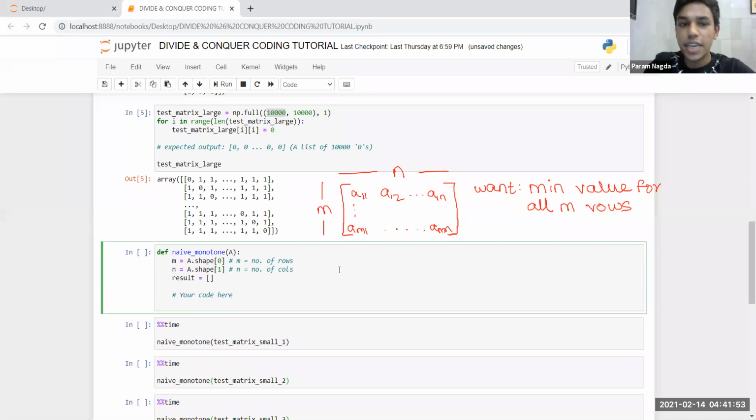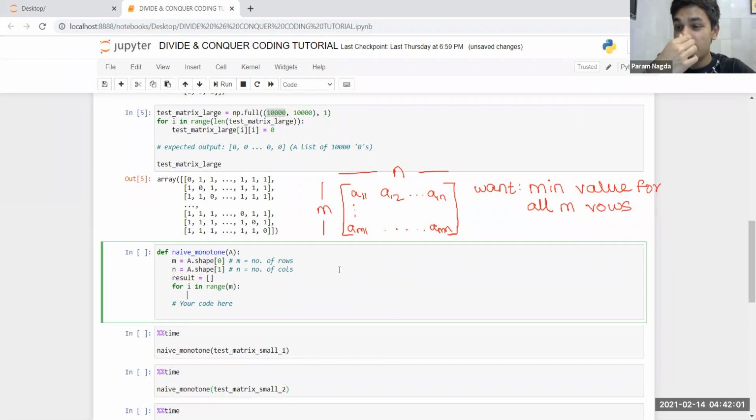And the most basic way to do this is, of course, to iterate through all of the m rows. So for i in range m, we're just going to use a simple min function to find the min value of that particular row, right? And we're going to say result.append the min value for that particular row of matrix A. That particular row of matrix A can be indexed by the counter iterator